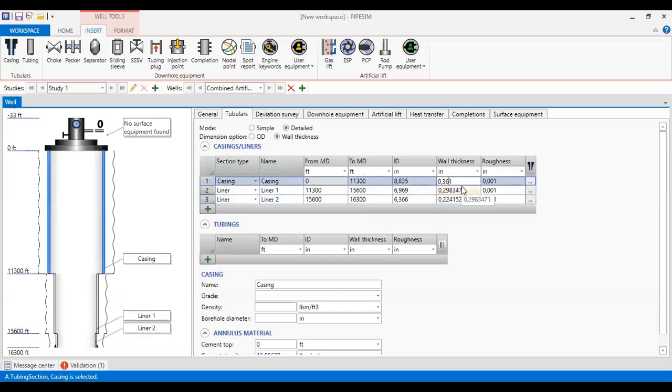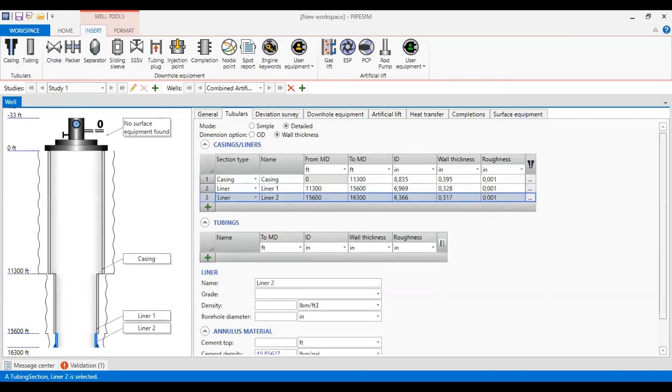Wall thickness is also important. Okay, 0.328, 0.317 with default roughness. This is for the casing or liner.